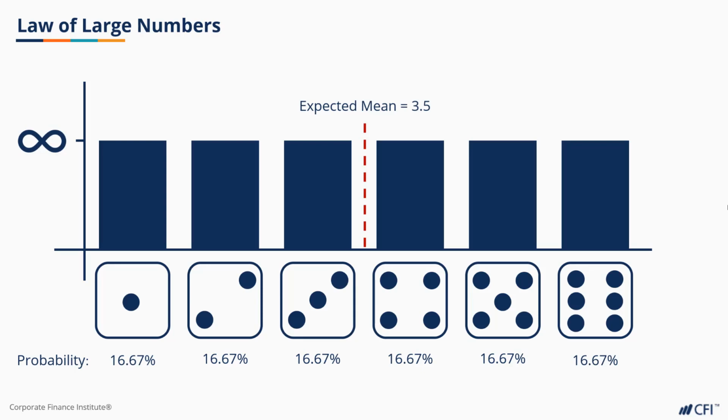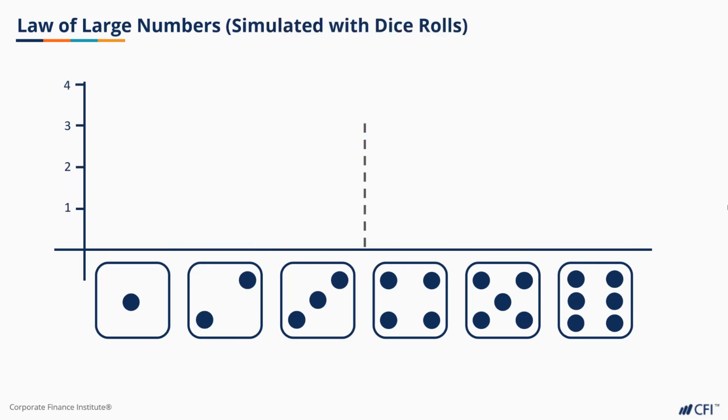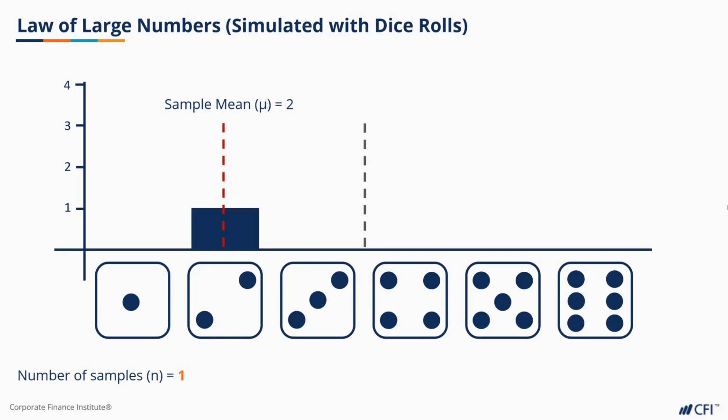When you simulate dice rolls, getting exactly 3.5 is actually kind of rare. You tend to see some variation from the mean just due to randomness. But how much variation depends significantly on how big your sample is. After one roll, your average is never 3.5. It's not even a possible result.